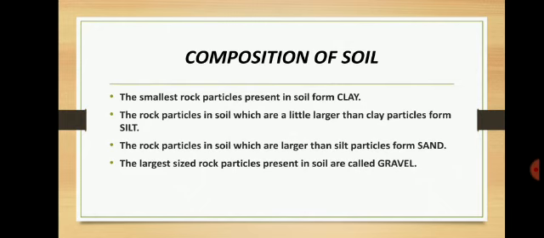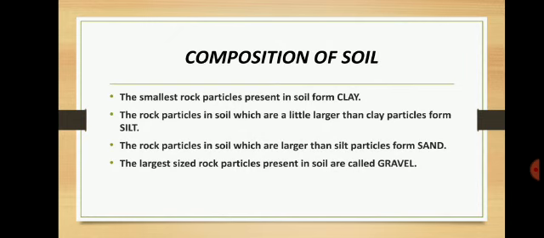Why has the humus formed in the topmost layer? Because it is lighter than water, so it floats on the surface of the water in the glass. So from this simple activity also, you are able to find out the composition of soil and how the components settle according to their mass.